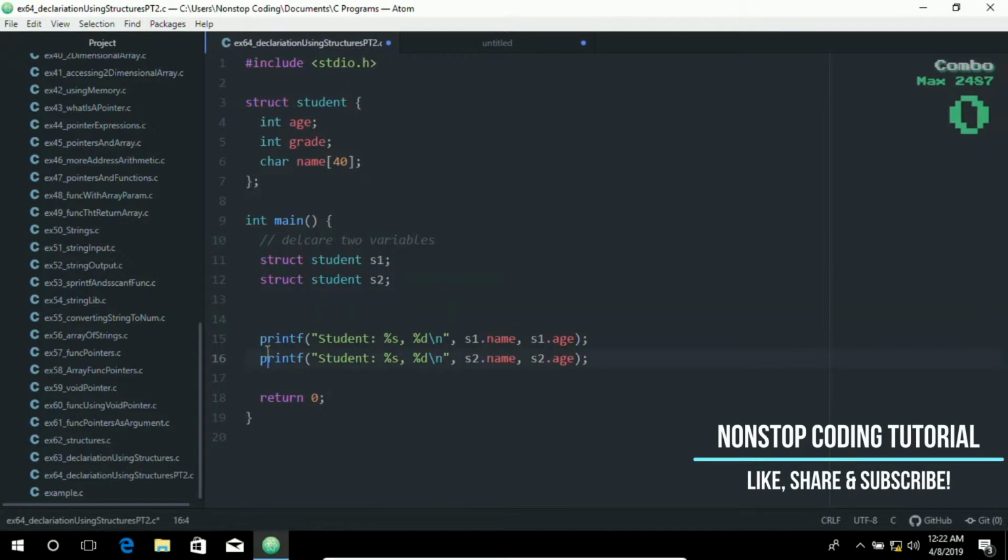So a struct variable can also be initialized in the declaration by listing initial values in order inside curly braces. To better understand this, as you can see, these are the two variable declarations we had in my previous videos. So we can go ahead and modify this so that we can do something like this. 19